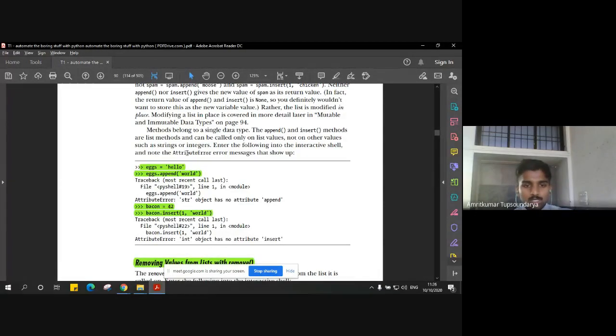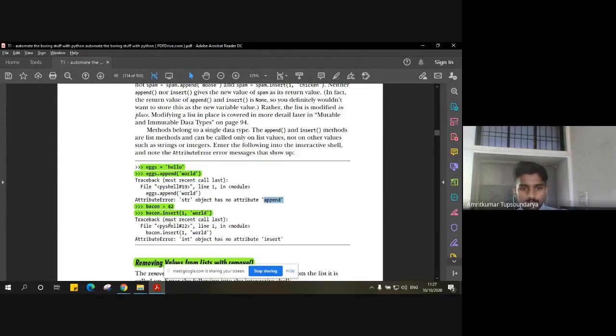Since, as I said, the append and insert methods are only applicable for lists, and in the first example x is equal to hello, this is not a list, right? This is a simple assignment of a string. So it will eventually throw you an error that the string object has no attribute append, because append is only applicable for lists, right?